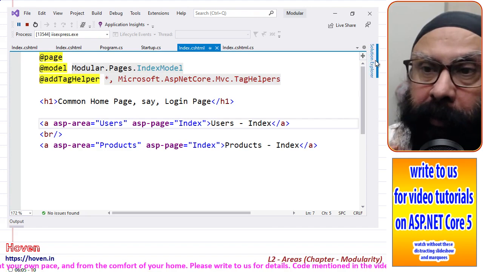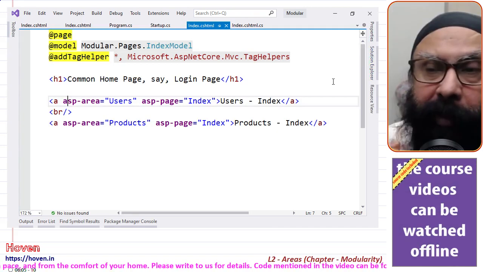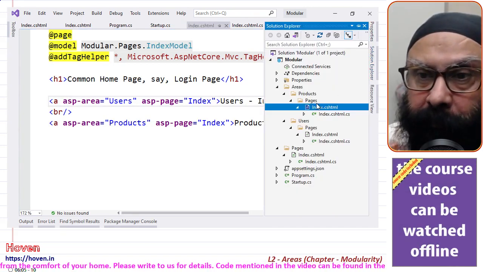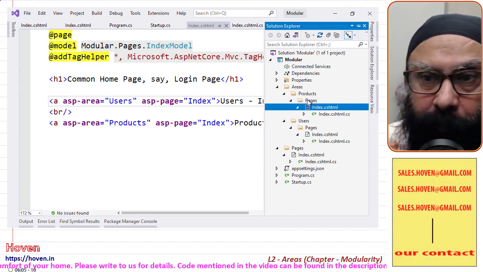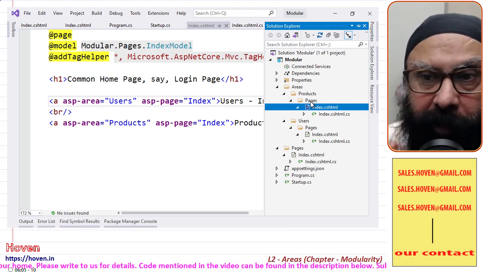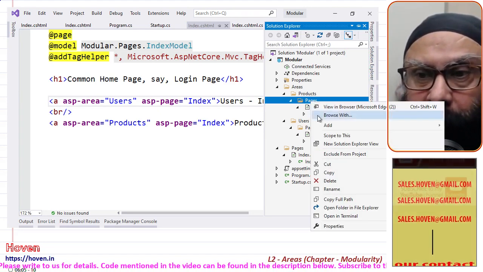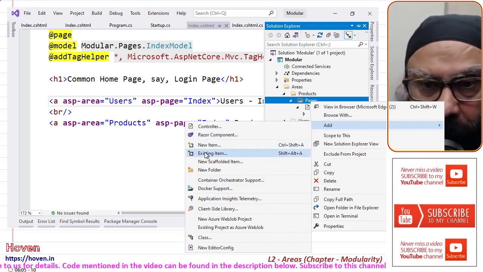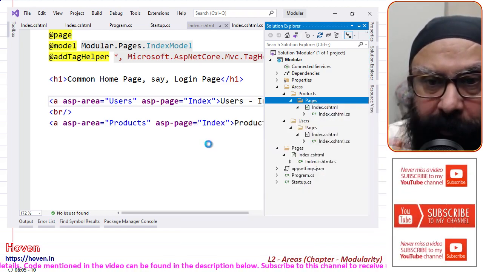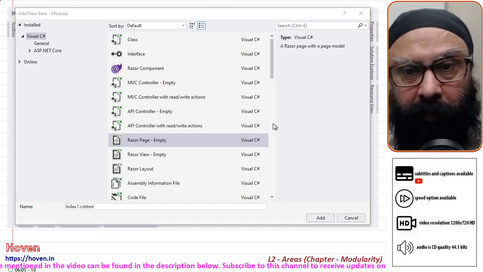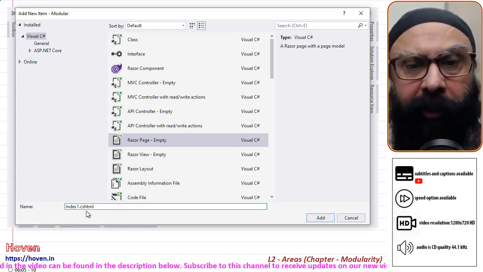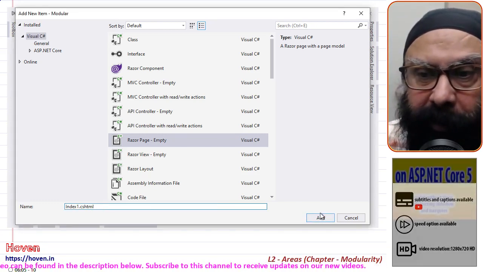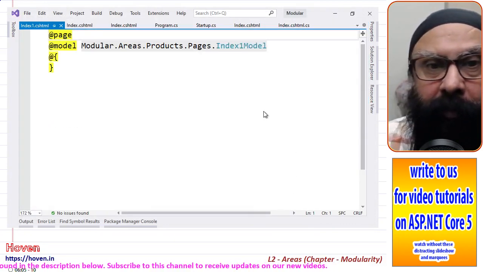But if I have another page in this products area, let me add another page, new item, Razor page, and I'll call it index 1. Okay, I'll keep it index 1, add.